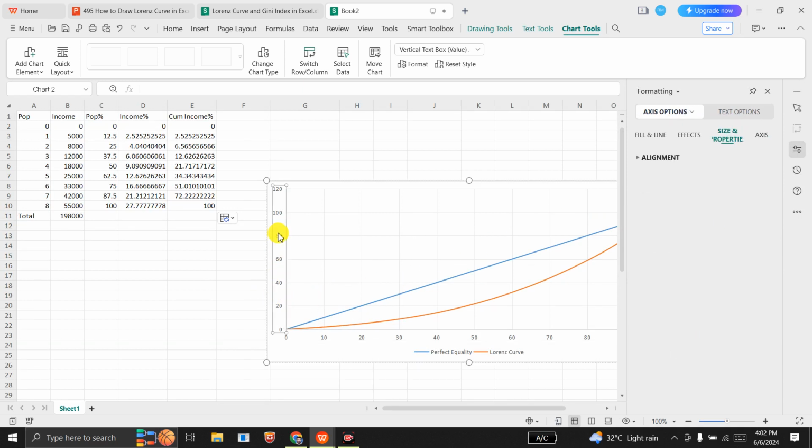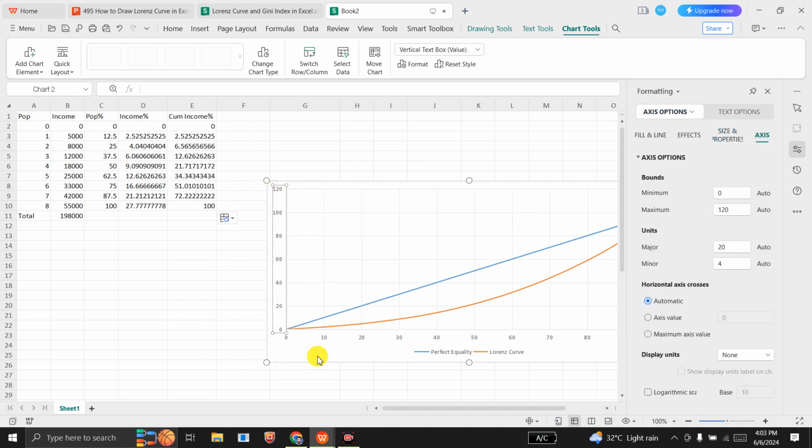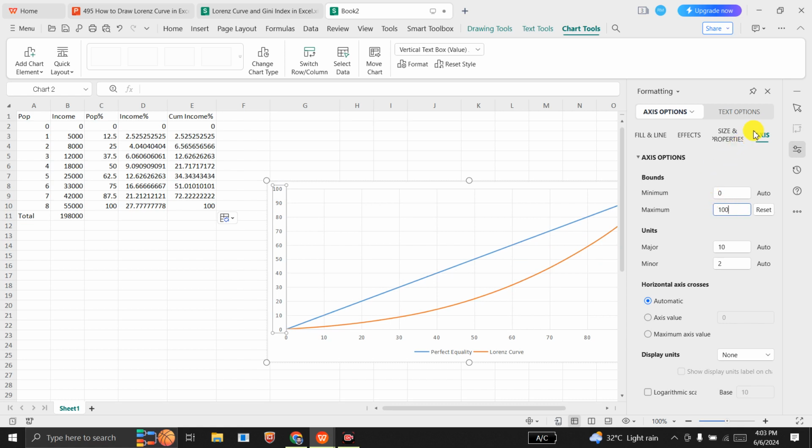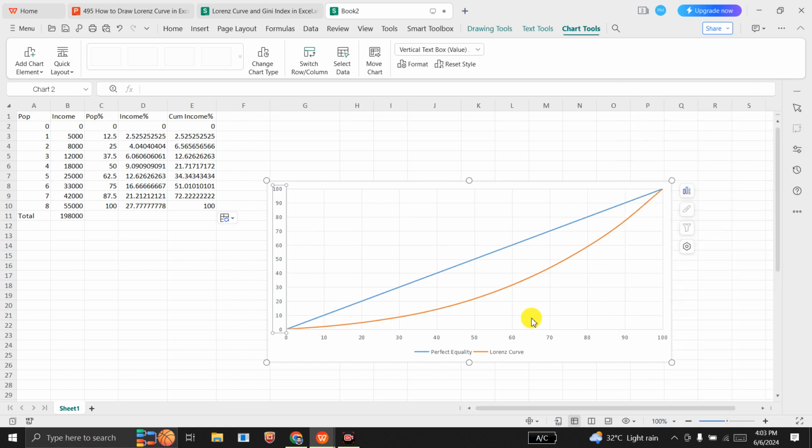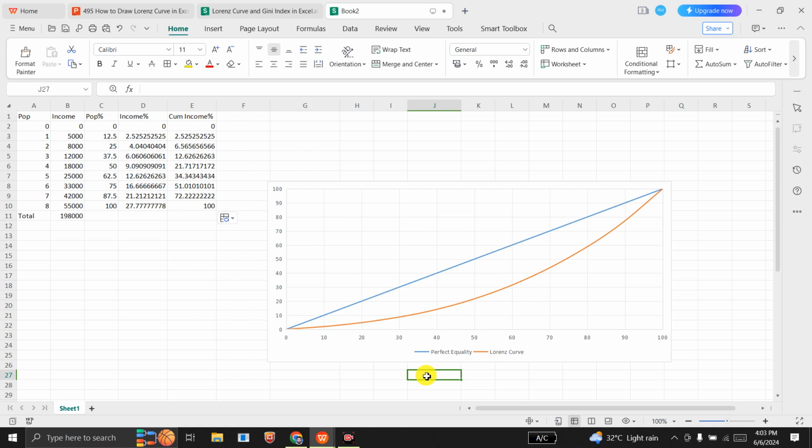So the maximum should be 100 rather than 120. So now we have a Lorenz curve. Now this is the Lorenz curve. So the closer the Lorenz curve to the perfect equality line, the lower the income inequality. The farther the Lorenz curve from the line of perfect equality, the greater the inequality, or the higher the income